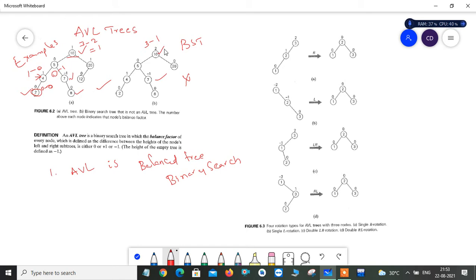So whenever the AVL tree is not balanced, when you construct a binary search tree as an AVL tree with the balancing factors, you have violated this constraint, like the balancing factor is either 0, 1 or minus 1. When the value is greater than this, then we can say the AVL tree is not balanced. So in order to make your AVL tree balanced, you can